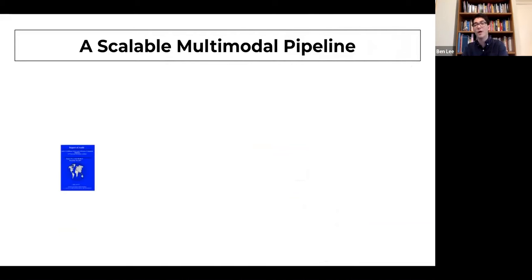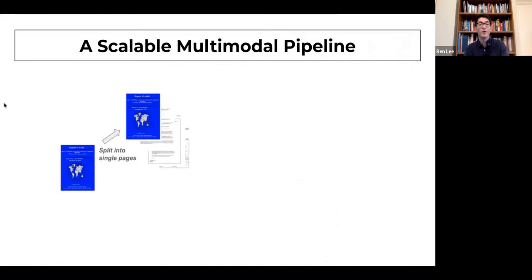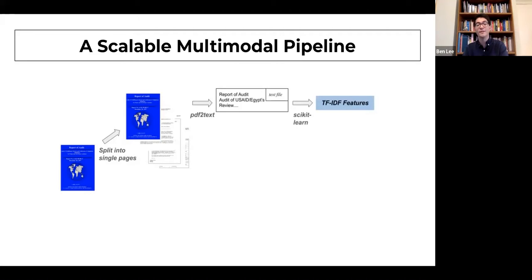So let me walk through what our pipeline looks like in practice in terms of how we actually parse all these PDFs. So for a given PDF, we can split it into a bunch of single pages here, just in terms of atomic units, and then split it into its text and its actual image representation. So for the text, we can use PDF to text to convert each different page into a text file. And then we can combine these text documents into one representative text file for the PDF, and then generate all sorts of machine learning features off the text. Here we'll use TF-IDF. I'll motivate this a little bit later, but we can think about using whatever kind of machine learning featurization we want at the end of this pipeline to be able to process the PDFs.